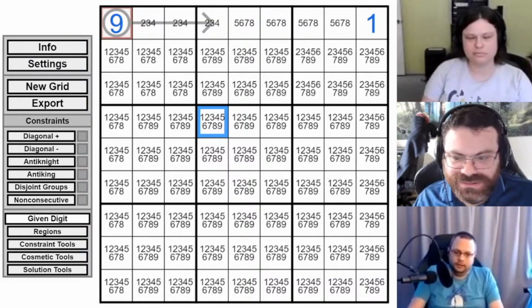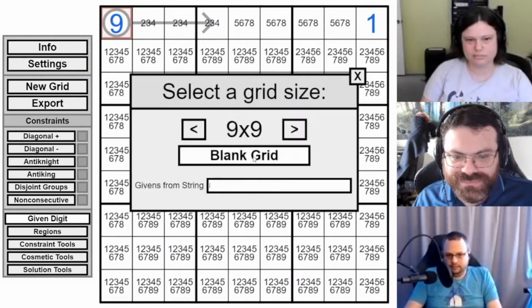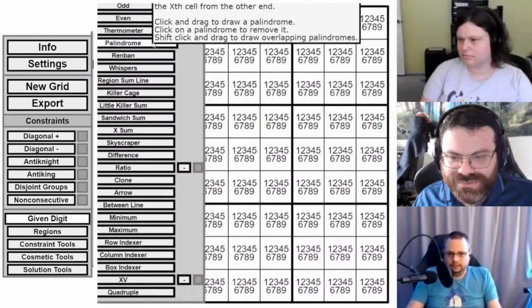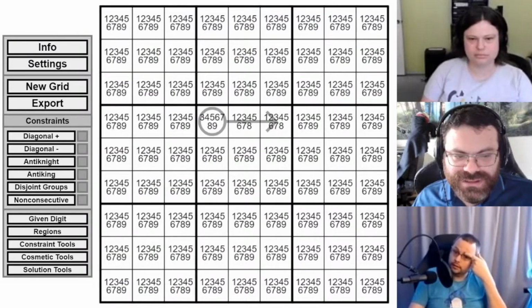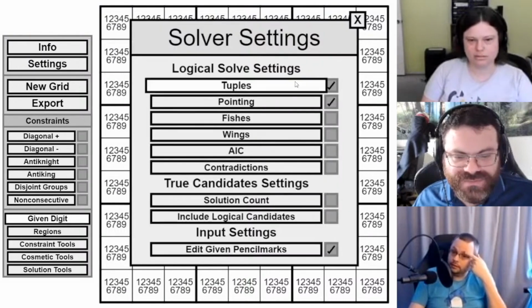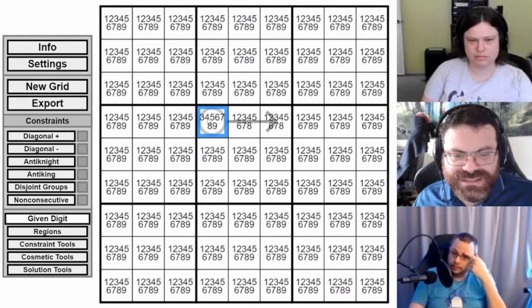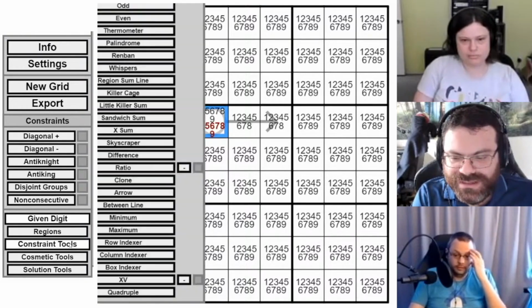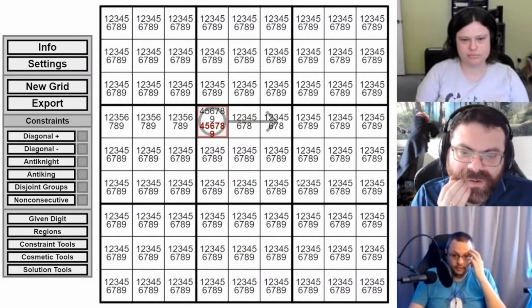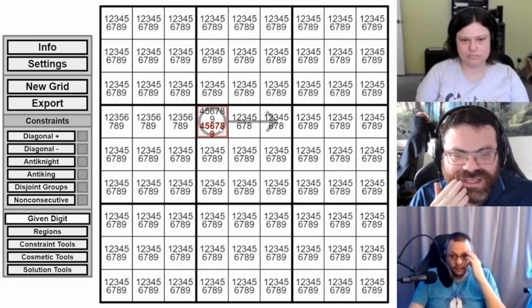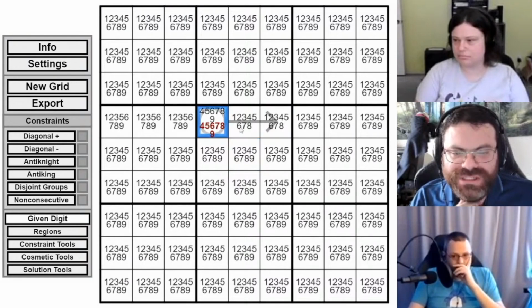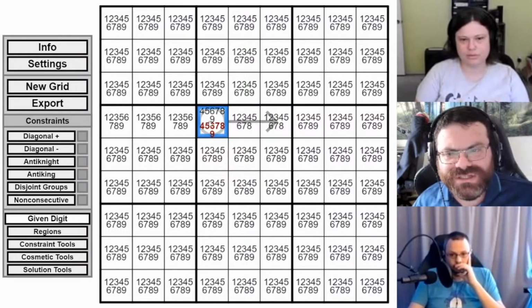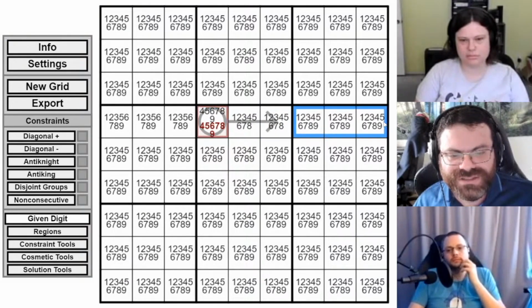So, if I did, let's just clear this. So if I did an arrow like this, then I can actually use my edit given pencil marks feature here to say that this is now no longer allowed to index 1, 2, or 3. Oh, interesting. So this is from 4, 5, 6, 7, 8, 9, and then I can add a column indexer to it as well. That's not very restrictive as is, but that would be an interesting idea. So it's like it's pointing at the column that it indexes, or self-indexes, or doesn't self-index. I'm not sure what's easier. Or maybe it has to be after the arrow ends, which would be even more restrictive.